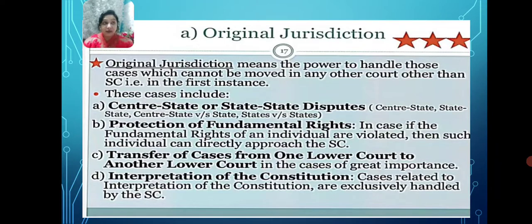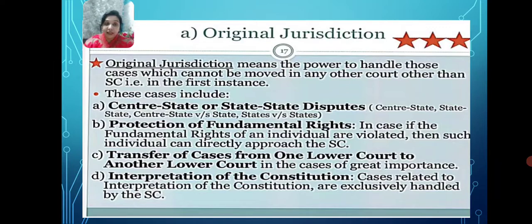That means if these involve questions of law or cases of great importance, the Supreme Court may transfer to itself cases from one or more high courts. Now there might be certain very seriously discussed matters. In that case, the cases are filed in two or three different high courts of different states, and the Supreme Court can ask to transfer those cases to itself. So that is transfer of cases from one lower court to another. Here lower court refers to any of the high courts or even the subordinate courts, from there to the Supreme Court. This is done only in certain severe cases of great importance.